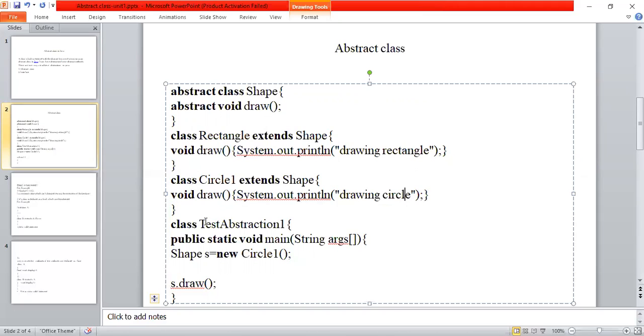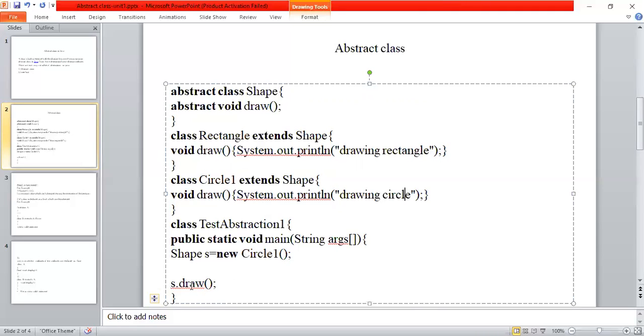Here I have a main class, TestAbstraction1, public static void main String args, Shape s is equal to new Circle. So I created an object of the Shape type and gave it a reference to the Circle class. Now here I am calling the draw method. Which draw method? Either Circle or Rectangle, because we gave the Shape reference to the Circle class.